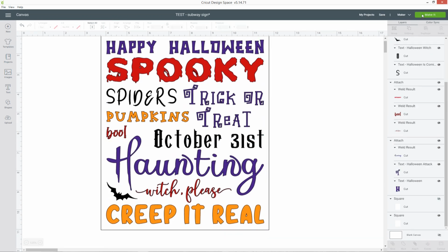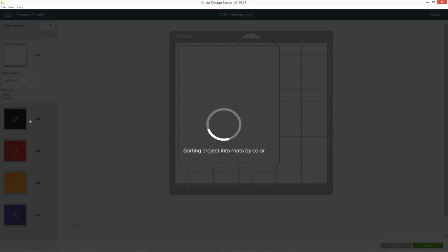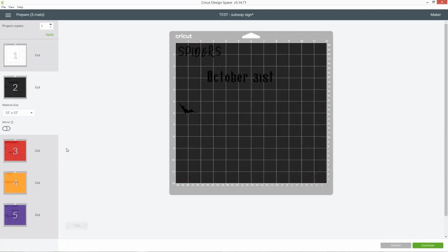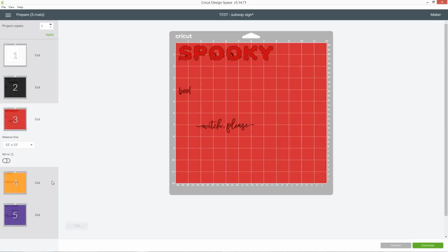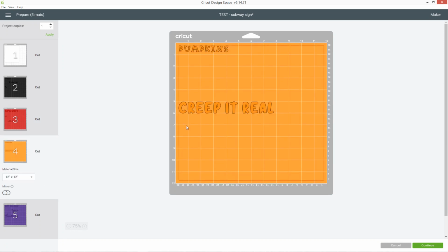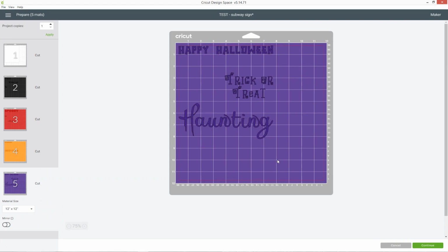And now when I click Make It, when it cuts out the different colours, it's got them in the correct position, which is going to make positioning everything on your sign so much easier because you'll have everything correctly lined up, especially when there's so many different parts of the design. This is a really handy way to make it easier. It does use up more vinyl because obviously you've got all these spaces in between where all the other words fill in, but the amount of time it will save you would definitely make it worth it.